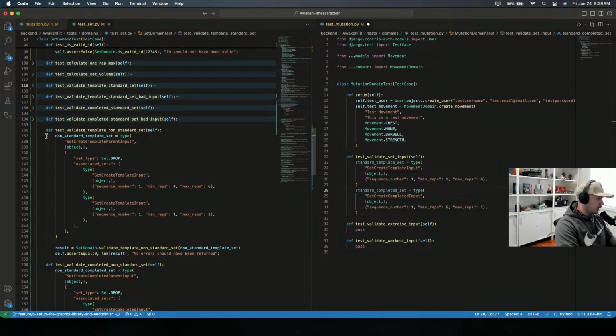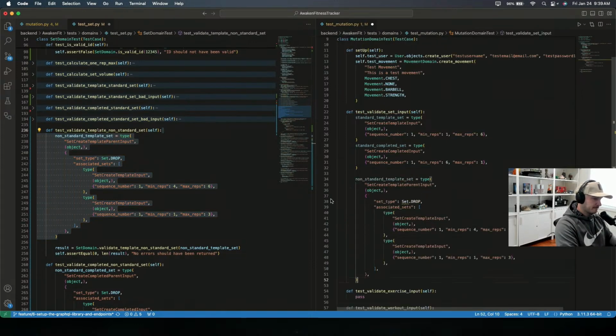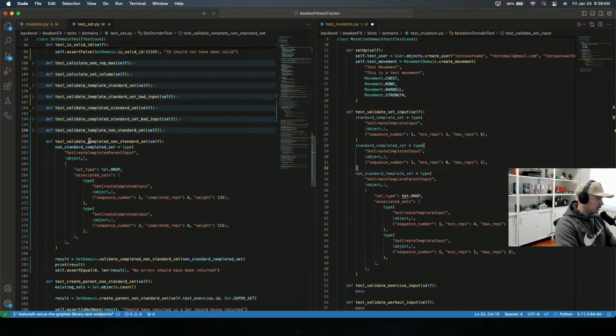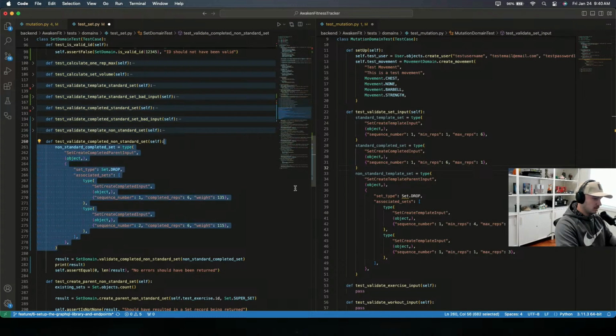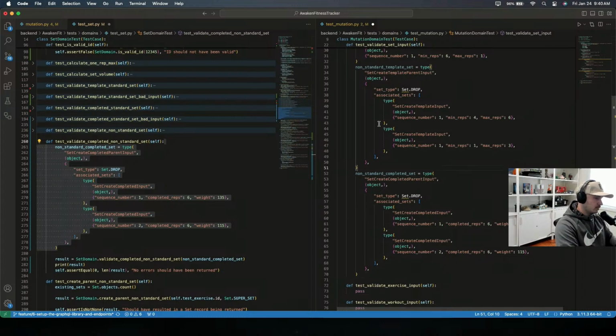And then let's grab a template non-standard set, which is this guy. And a completed non-standard set, which is this guy. There. So now we've grabbed,